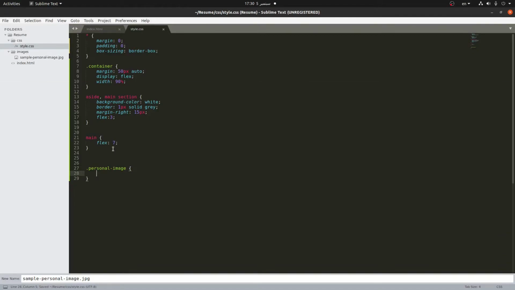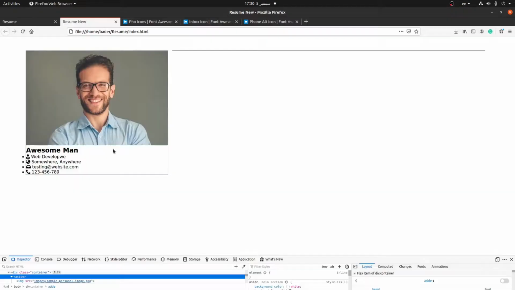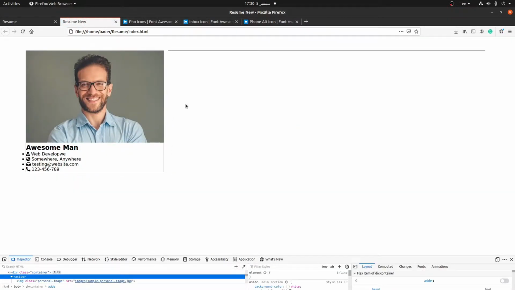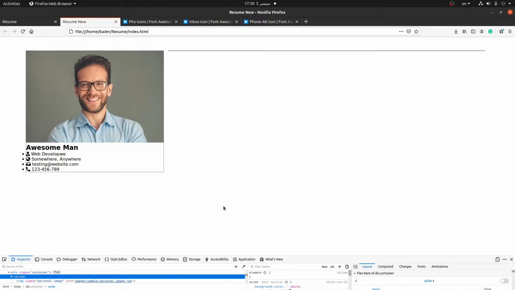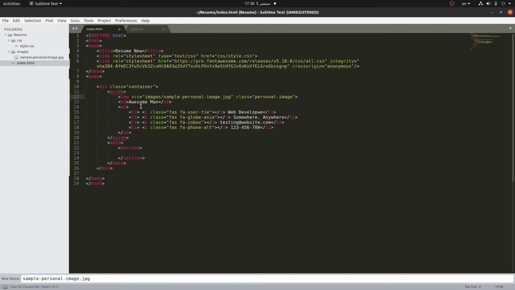What we are going to set here is a width of 100%, so it will not be smaller than the parent div, and I'm going to give the height of auto. So if we can see, yeah, it's a bit better. And what we are going to do next, we have here the details. So I'm going to set them, and also I want to set a class for the name. Okay, so let's go to the HTML file and let's give this